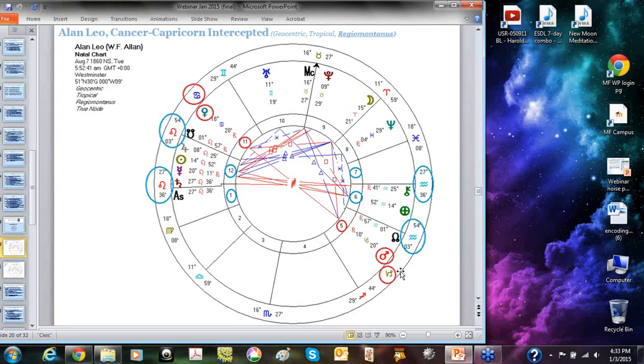Now we would also look for the ruler of Capricorn, which would be Saturn, and Saturn appears in Leo, and Leo, as you can see, is very important in this person's astrology because he has a stellium here and he has Leo on two cusps. So that Saturn would play a very important role. It is also sitting right on his ascendant. So again, once he learns to work with that Saturn in Leo, he could find a way to unlock this energy. Generally, we do not unlock it in our early years. We tend to unlock it a lot later.